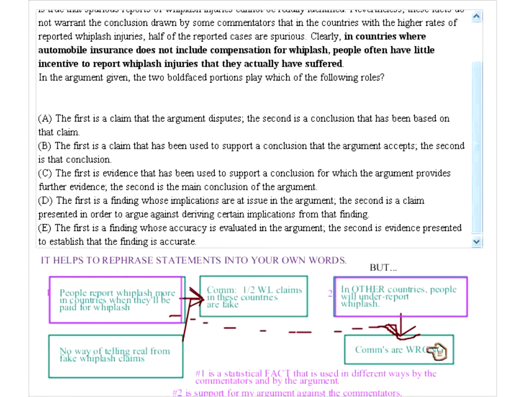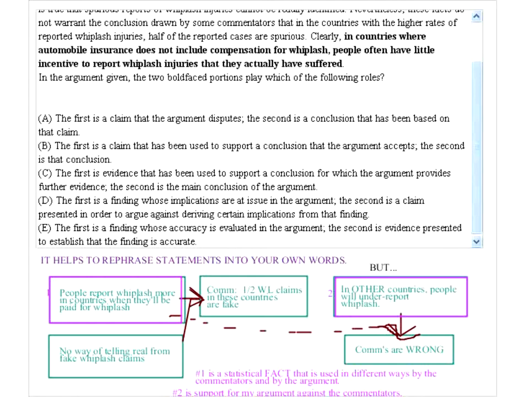Give me a smiley face if that makes sense, particularly the one who asked that question about the second one being the conclusion or not. If you understand, then give me the smiley. Okay, good. All right, so what I want to do now, let's revisit the